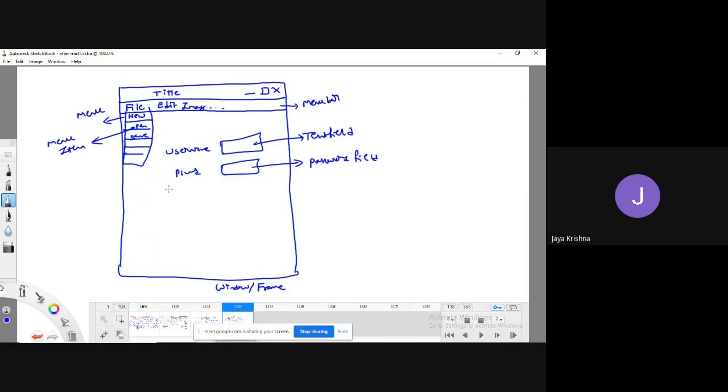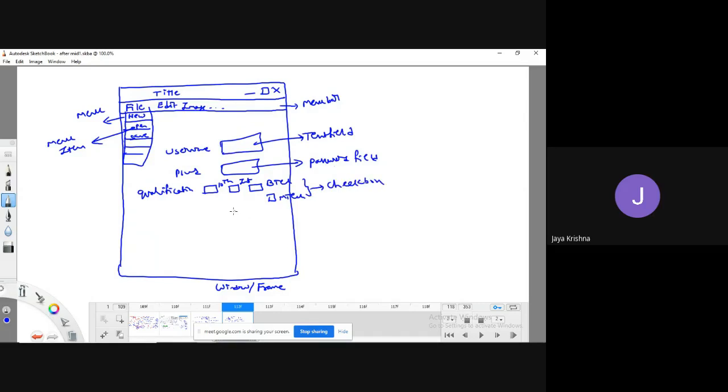Username, password, something like qualification, where I am going to give some degrees like 10th class, intermediate, B.Tech, and M.Tech. This is a kind of checkbox. It's also a kind of component.